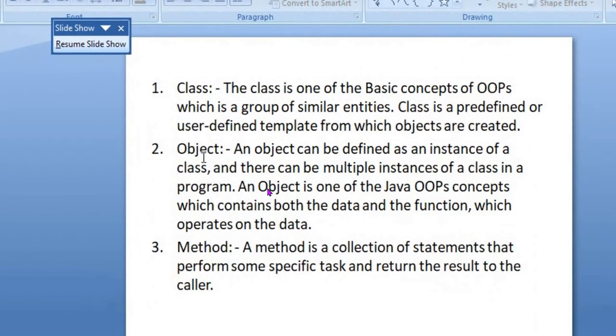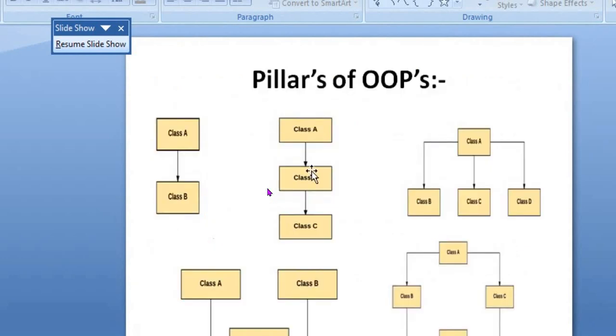So what is an object? An object is one of the Java OOPs concepts which contains both the data and a function which operates on the data. A method is a collection of statements that perform some specific task and return the result to the caller. And the pillars of OOPs are